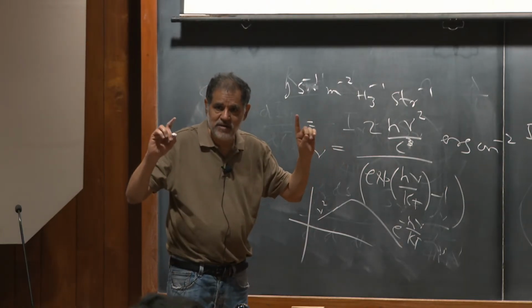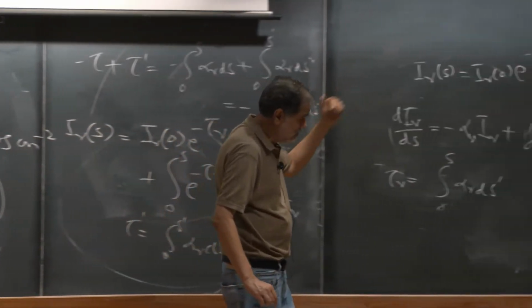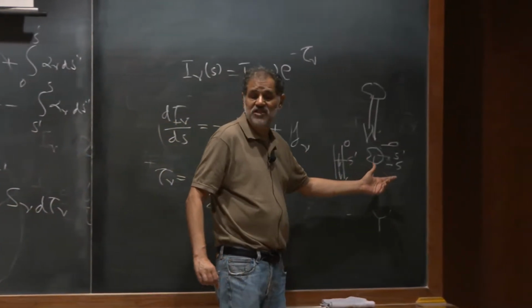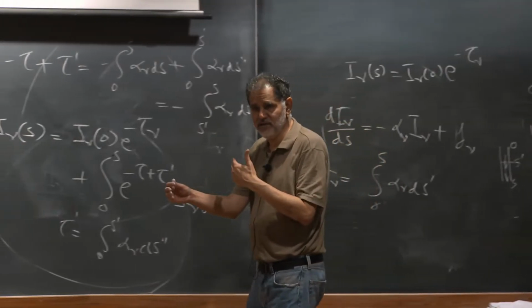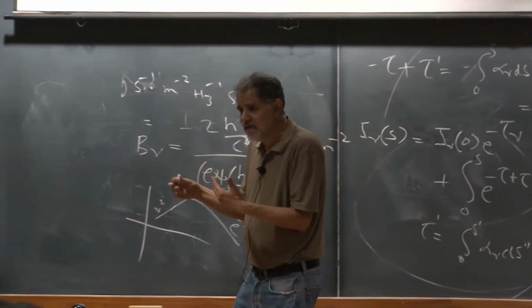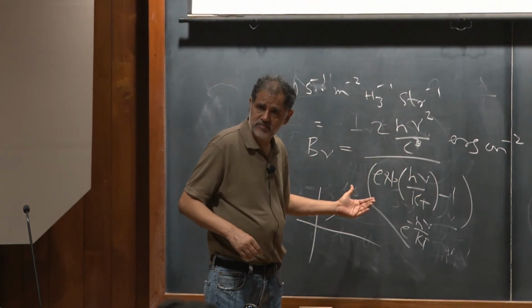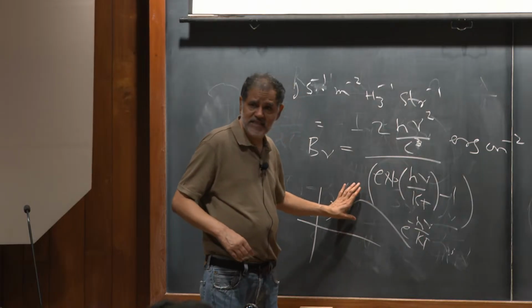So the statement being made is the following: you have a blob of gas which is right between you and somebody who is emitting, and that blob of gas does nothing. It absorbs whatever it emits. That is only possible if the light has taken the form of B nu. If intensity does not have this form,